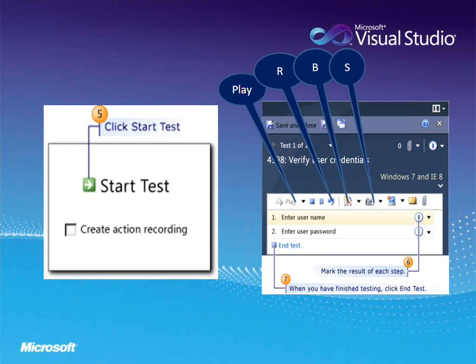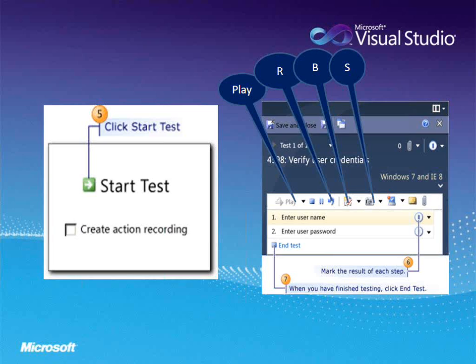Now manually, in the sixth option, you mark the result of each step. A single click makes it pass, and a double click makes it fail. For the seventh step, when you finish all the steps, you have to click on the end test button.